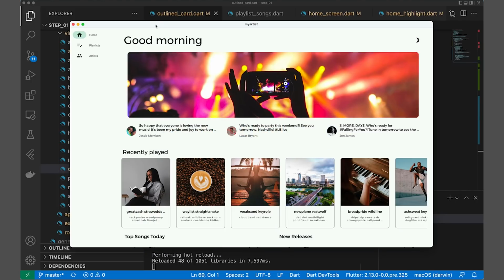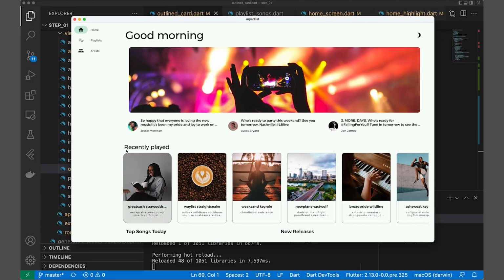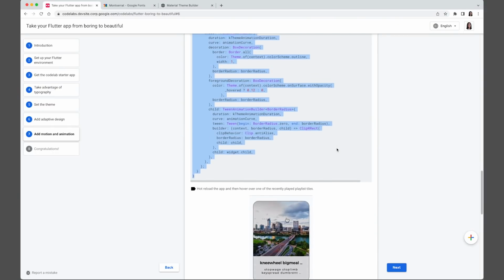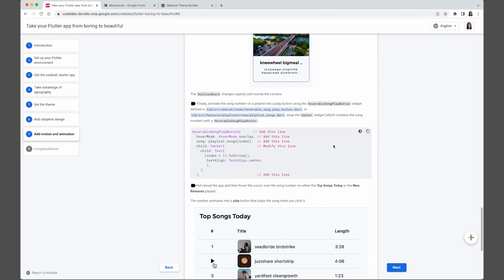All right, so once that's hot reloaded, you'll see just there. The corners now are a little bit more rounded, but when you hover over top of it, the opacity animates, it changes, as well as the border radius on the cards. So that gives users just a little bit more feedback when they're hovering over things that are clickable, like these cards. All right, and so jumping back to the code lab, we have just one more step to go here,